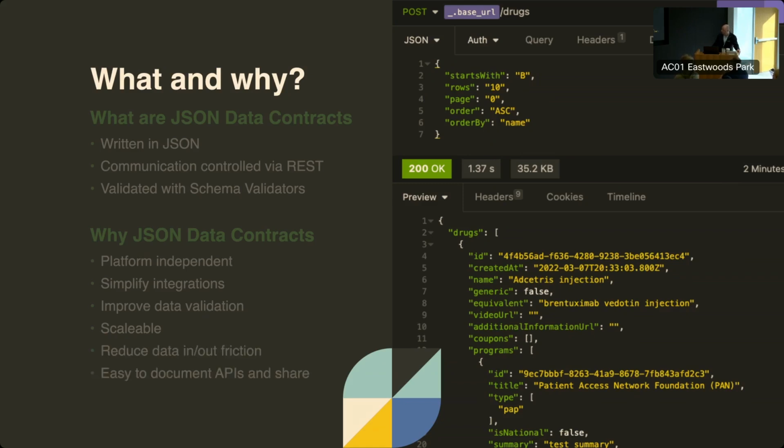All right. Looks like my last one wasn't highlighted there, but the last point is easy to document APIs and share. Once you define your data contract structure, you can put this into a number of different control solutions. So we use Insomnia to define all of our data contracts. And then we can take those data contracts and put that into a code structure. And then once you have that, it's very easy to export those into